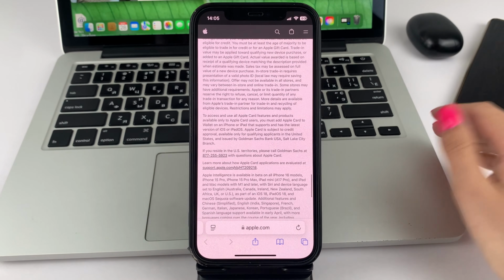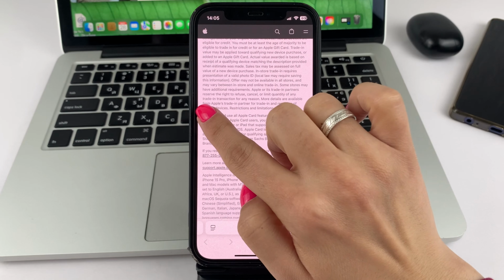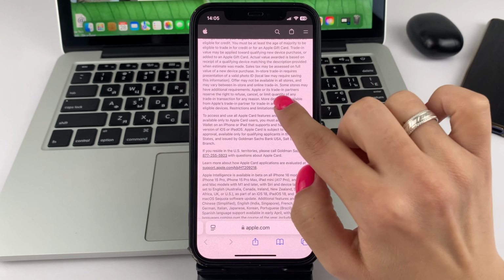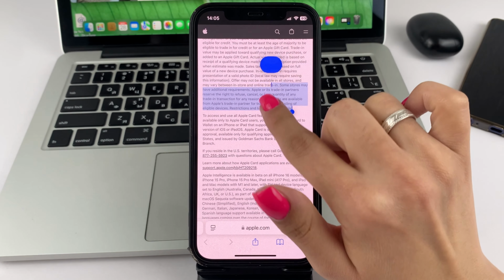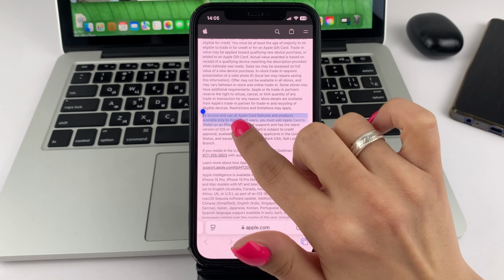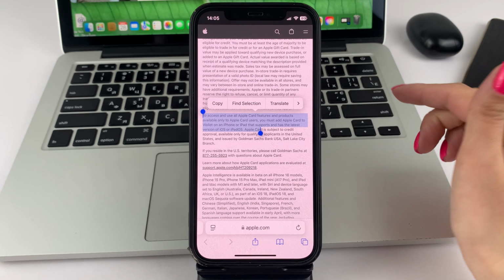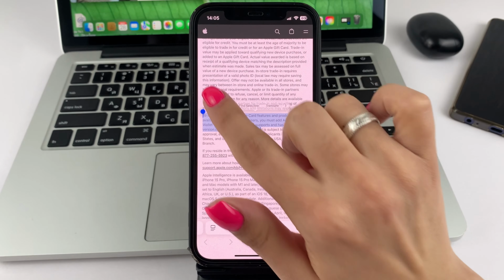I'll show you another example of a website. In the same way, you press and hold on any word, and then you can, as you can see, change the location of the text that you want to copy. You press Copy,